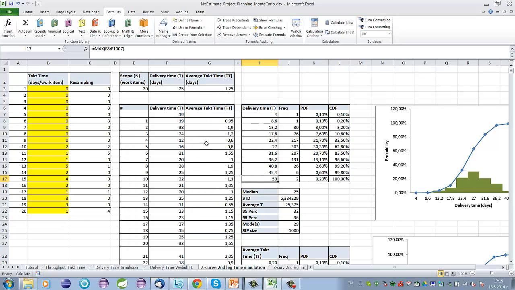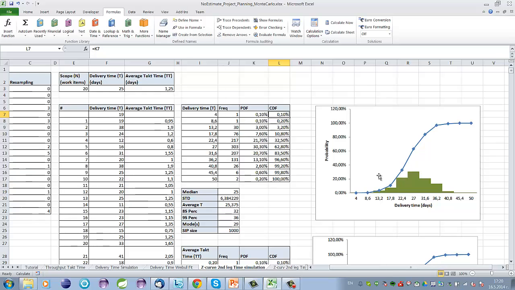That's the maximum value we have in column F. And then using the Excel frequency formula, we end up with the frequency of each value. Based on the frequency, we calculate the probability density function and the cumulative density function, and we show them here on this diagram,